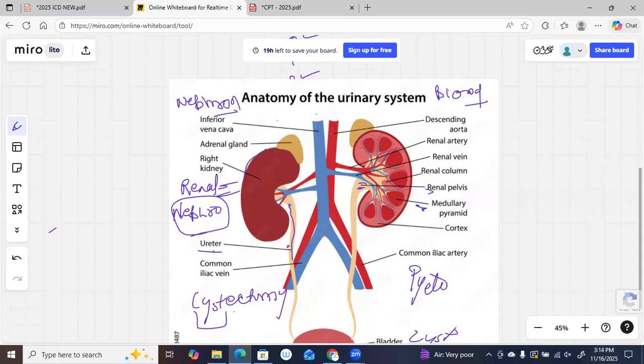Each nephron consists of small capillaries, known as the glomerulus, and